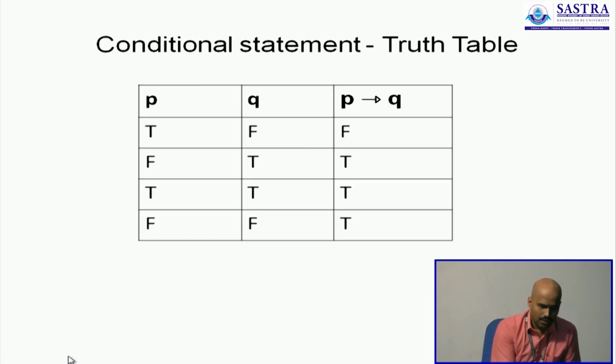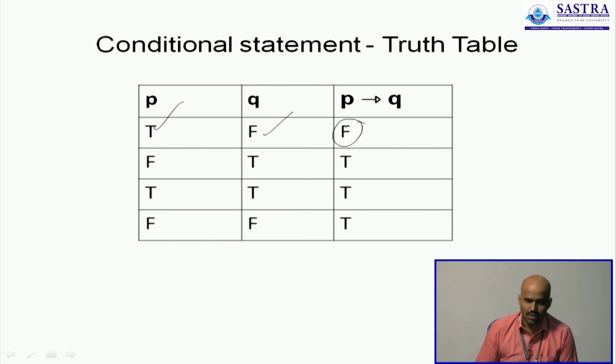So hence your truth table for a conditional must look like this. The 4 cases of input instances, and the conditional will have these two output instances in this manner. So what did we say? If P is true but Q is false, the conditional is false. In all other cases it's true. If P is true then Q is true, it's true. If P is false then Q is false, it's still true. If P is false but Q is true, it's still true. That is how you define this connective called a conditional.